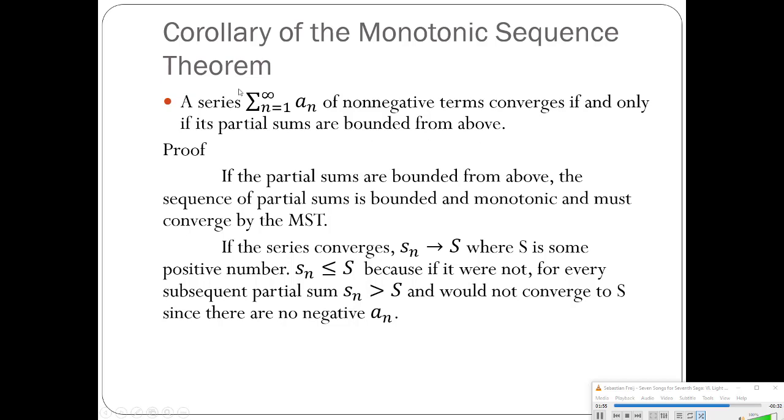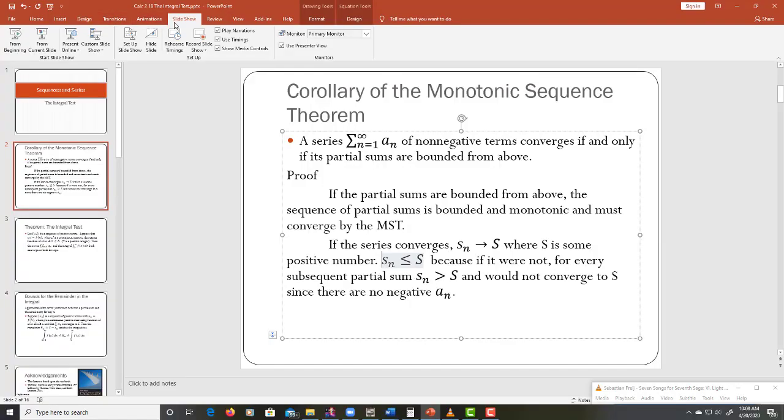You have to assume the first statement and show it results in the second, and then you have to assume the second and show that results in the first. But this is pretty simple in both ways. Most corollaries are. That's why they're called corollaries. They naturally follow. So, if you assume the partial sums are bounded from above, then I figured I'd show you